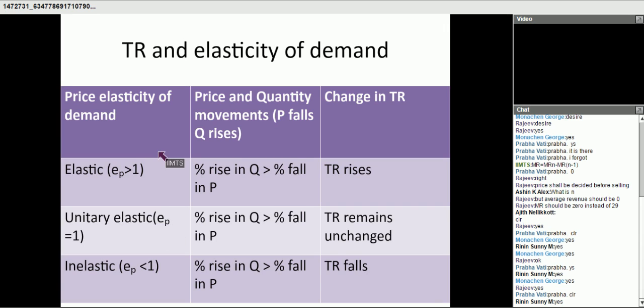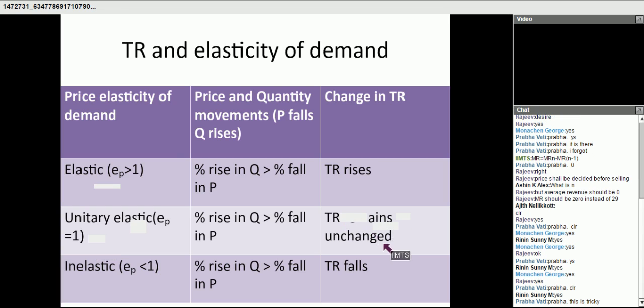Now price elasticity of demand. How is total revenue and elasticity of demand related? So if the good is elastic, means the elasticity is more than 1, then if there is an increase in the quantity sold, the total revenue will rise. If it is unitary elastic, means the elasticity is just equal to 1, it's not more than that, it's not less than that, then the total revenue will remain